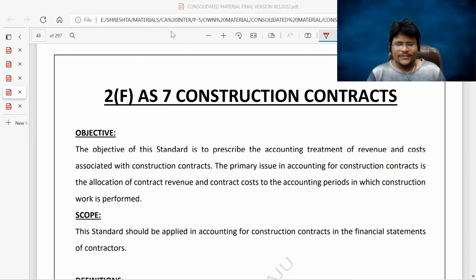So in this video lecture, we are going to start with a new accounting standard, which is the last accounting standard under the first set of accounting standards. After this, we are going to start with a new chapter that is not at all related to an accounting standard. If you check our index,